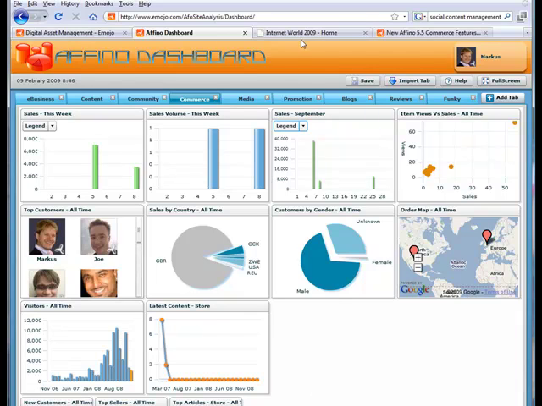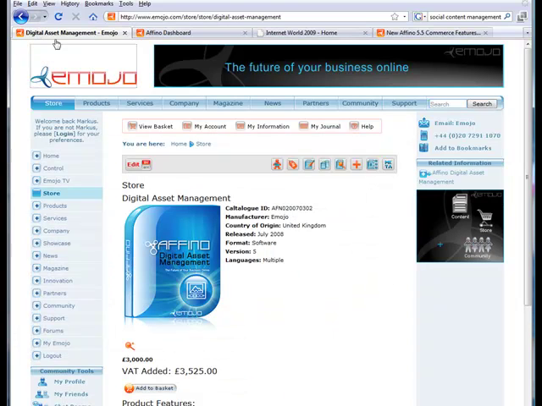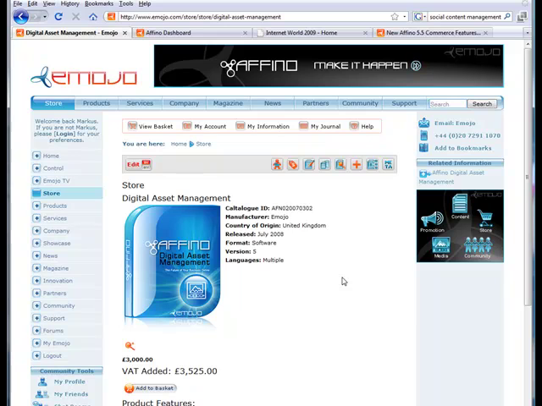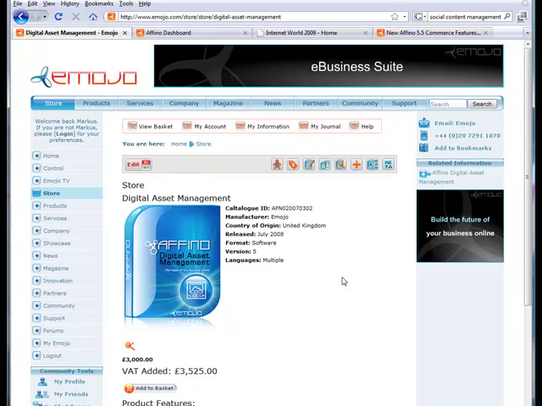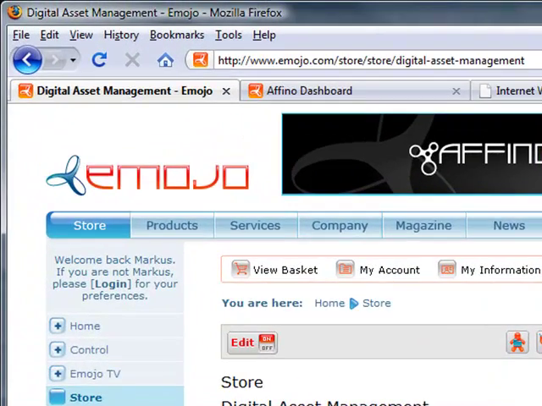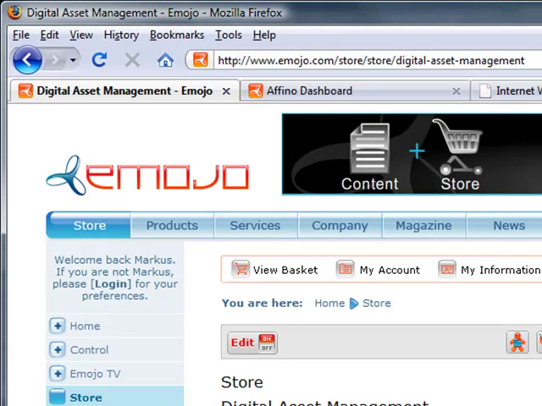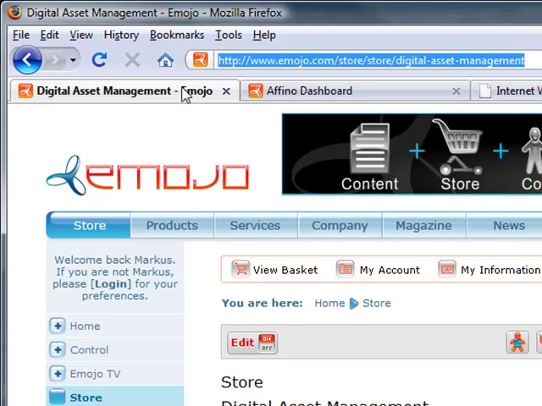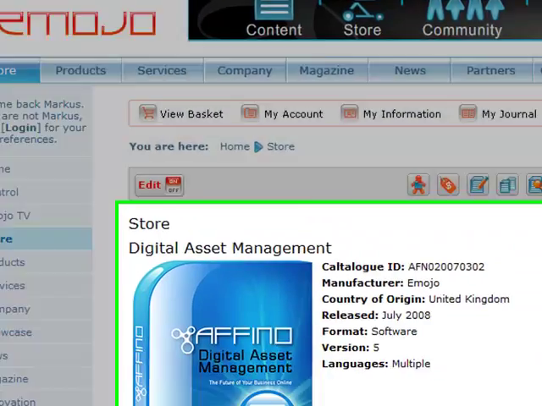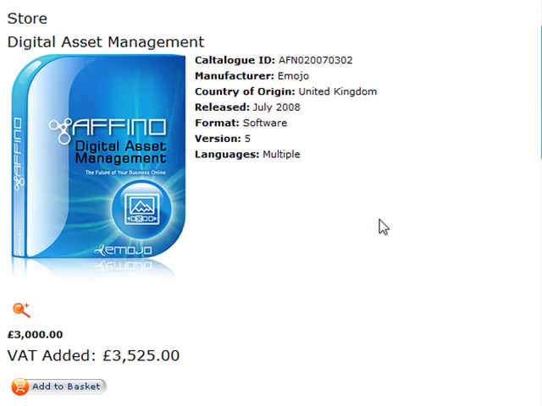The other key feature in this release is the SEO enhancements that we have done. Now, all of Affino has been SEO enhanced, and that obviously gets carried through to the catalog. And it means that every item can have its own metadata, its own friendly URL, and the best page title to go with that. The actual structure of the page in terms of headings, in terms of content,